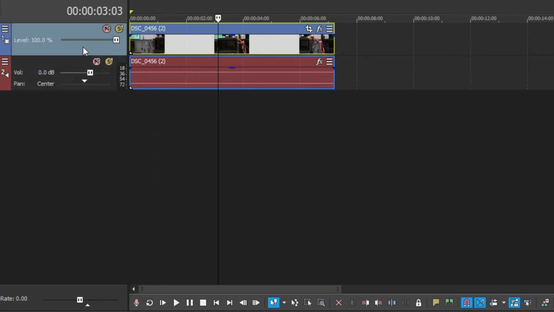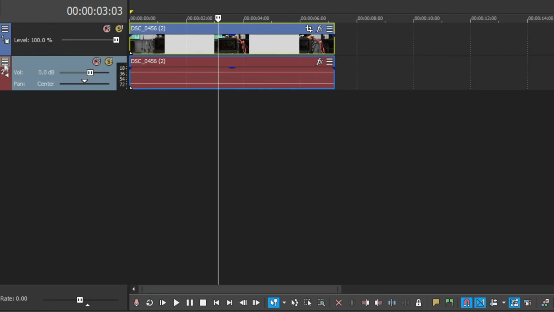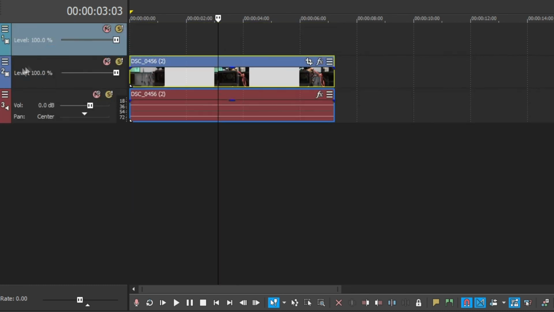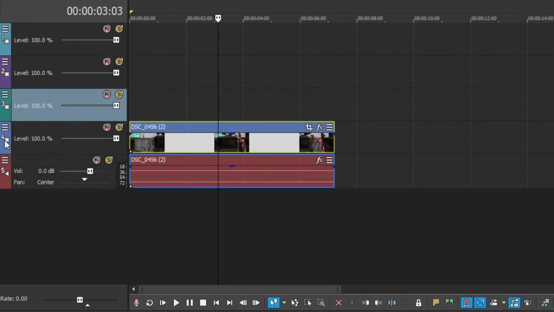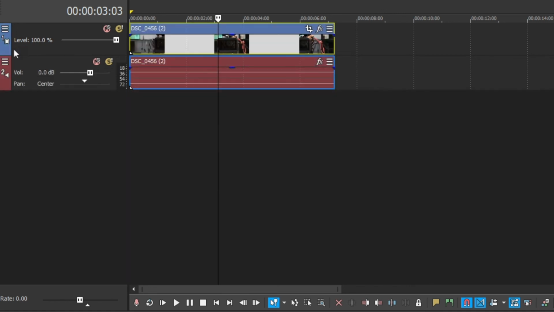Looking over here now, we can see that there are small numbers on the very left of both the video and audio tracks. As you may have guessed, this is to let you know the number of tracks you have and help you know which number track you have selected or are working on. The video track number label has a little film icon below it, whereas the audio track has a little microphone icon.